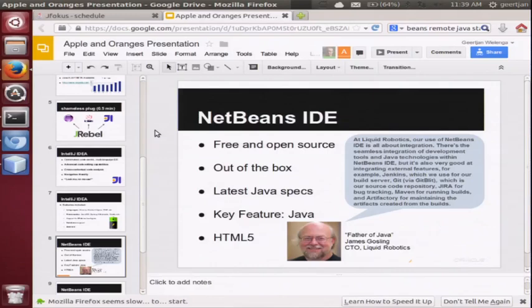So it's really primarily the tools provider for those organizations. The key feature as a result is Java, and since the latest releases, there's also a strong focus on HTML5 and especially Angular. And I guess our most famous user is James Gosling. He says especially because of the integration with so many other tools and technologies that are built into it, as